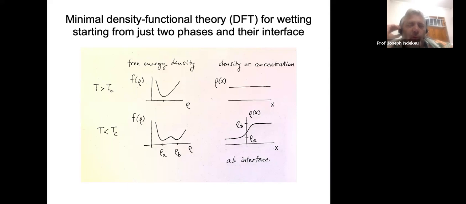So the phase transition between the non-wet and the wet state is a phase transition that takes place at the level of the interface between phases. So it is to be distinguished from phase transitions that happen in the bulk of phases. And so let's start from considerations having just two phases and their mutual interface. And also let's recall some of the properties of bulk systems before we dive into the interface